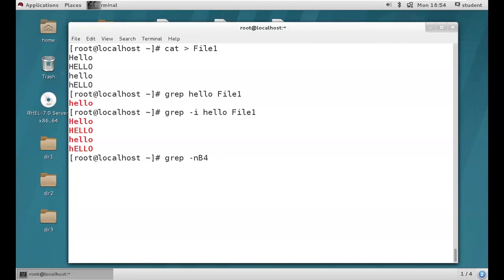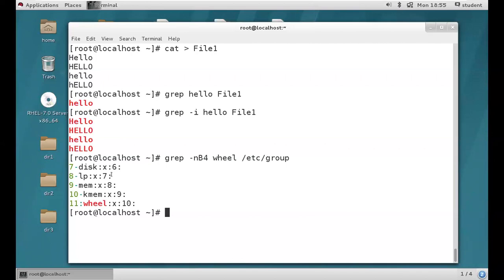Grep space hyphen n number capital B. For example, wheel is a word we are trying to find from the etc group file. It will print the wheel word along with the 4 lines before the wheel word.